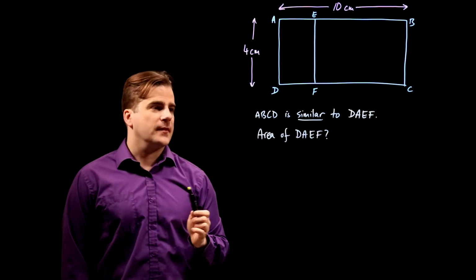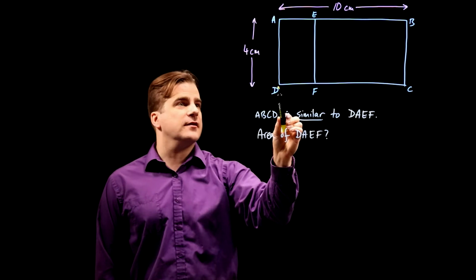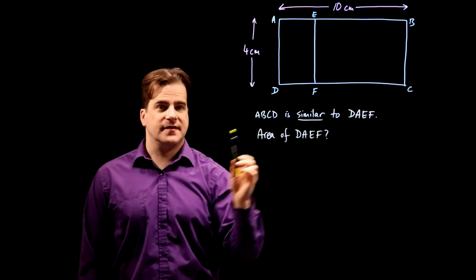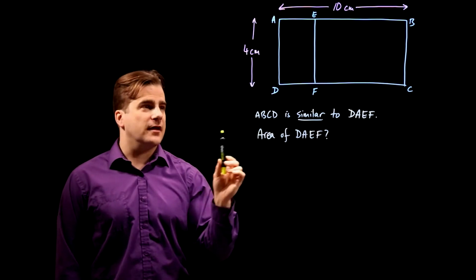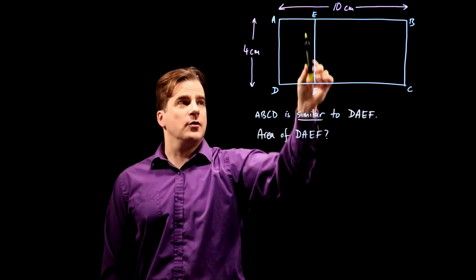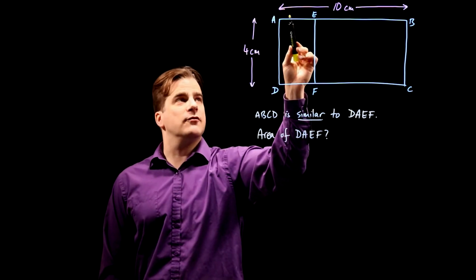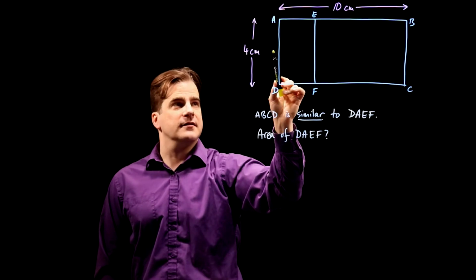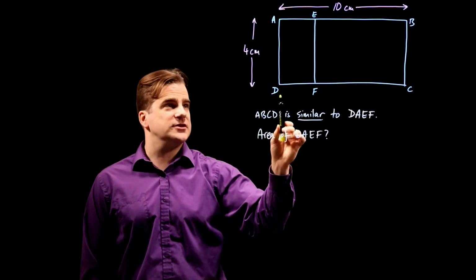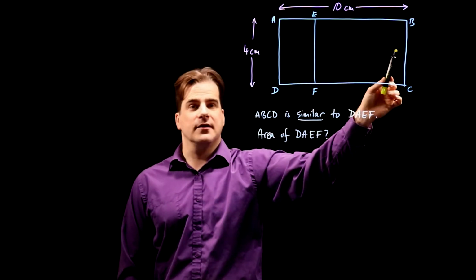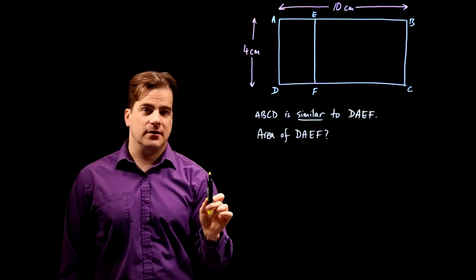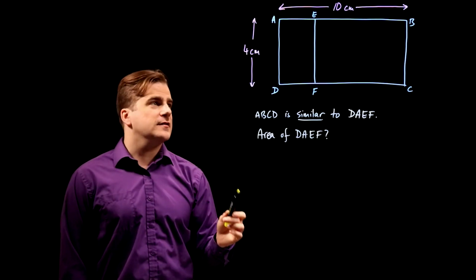Now, how are we going to use the fact that DAEF is similar to the whole thing? Well, what similar means is that the ratio of the small side to the big side of one rectangle is the same as the ratio of the small side to the big side of the other rectangle. We put that in an equation and we get the answer. So